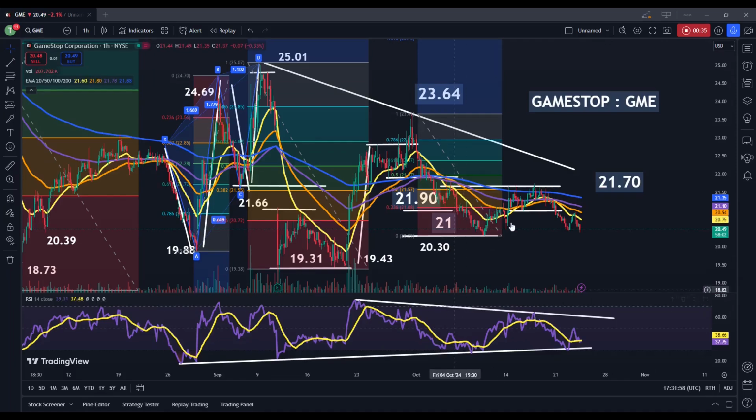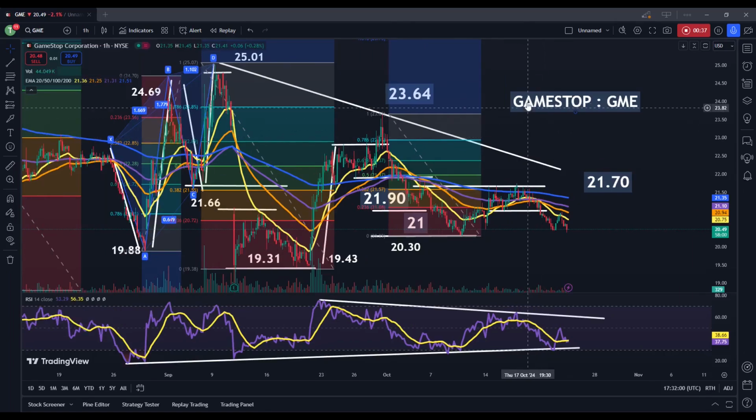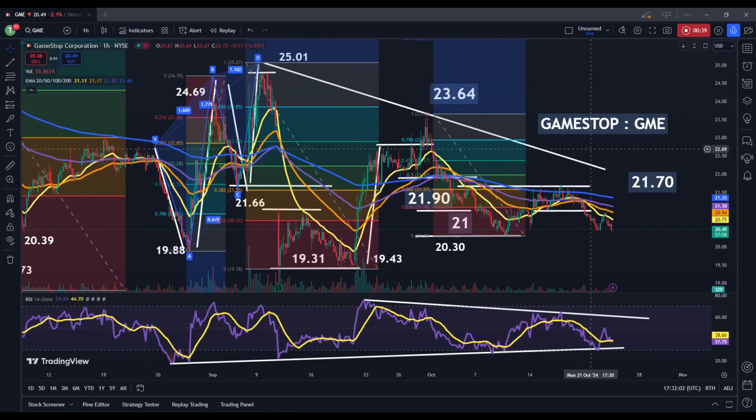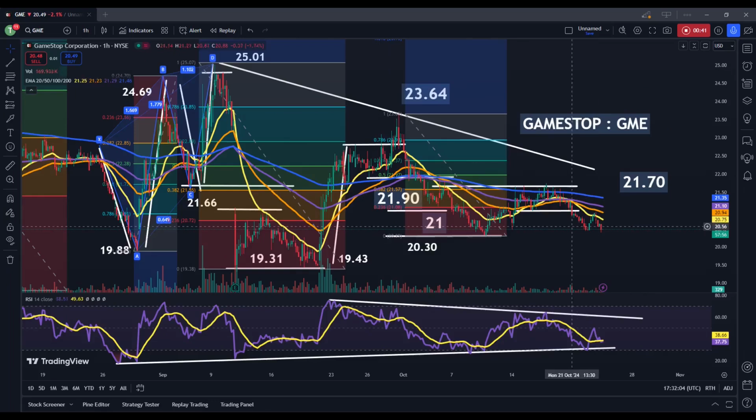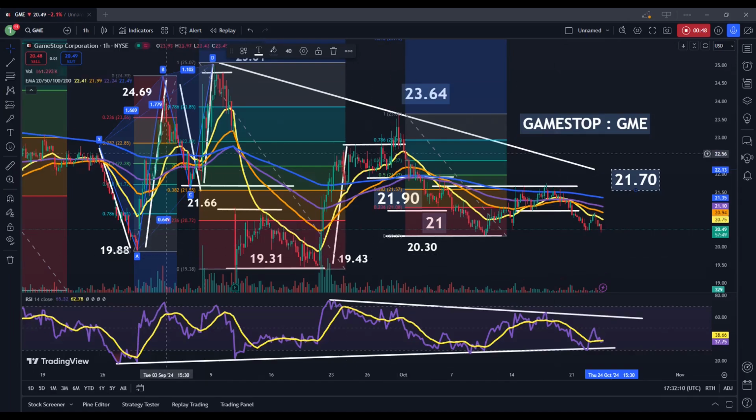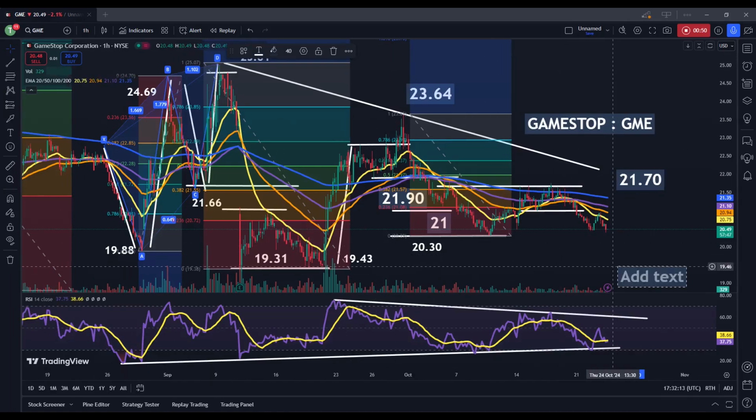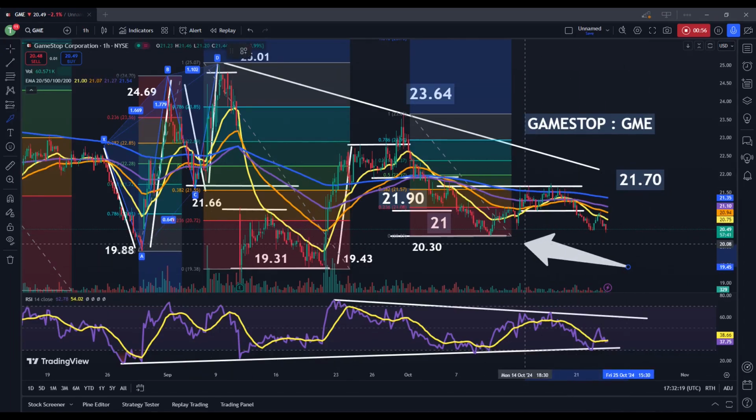So what we're looking at here is the hourly price chart. Each candle on this time frame represents a 1 hour trading period. And as we can see, we're rolling over pretty much as expected right into these prior support levels that have been seen at $20.30. One thing that can be said about this stock is that it really has obeyed standard technical analysis techniques, because the support and resistance zones have been extremely easy to project here over the last